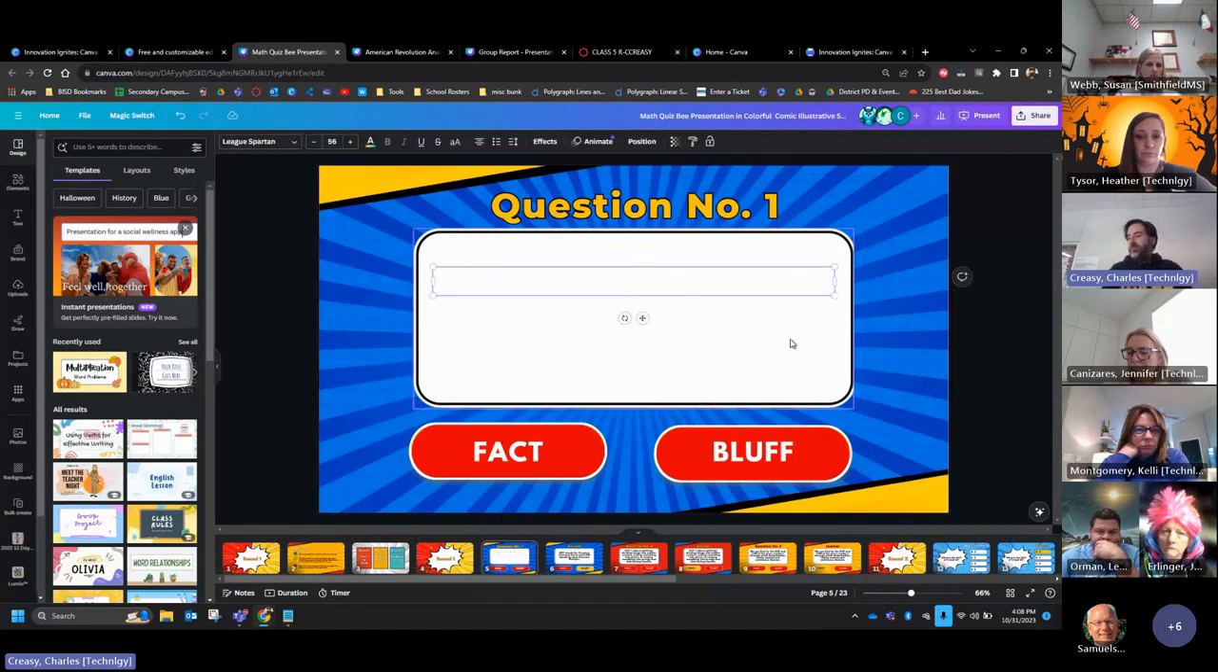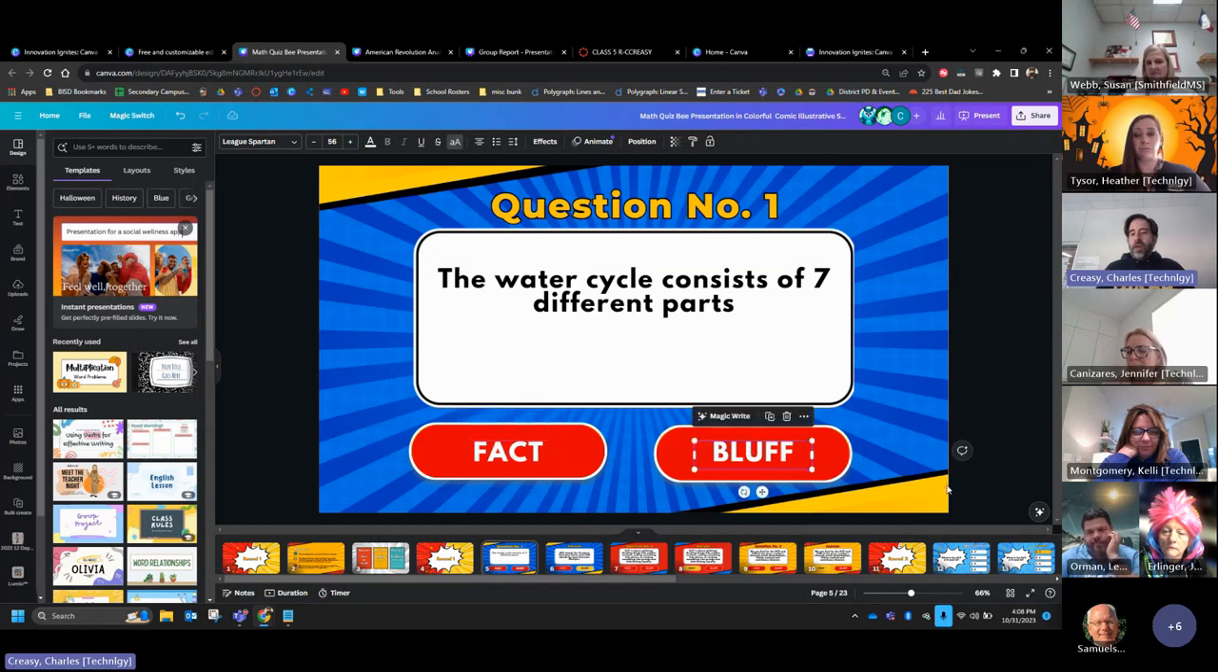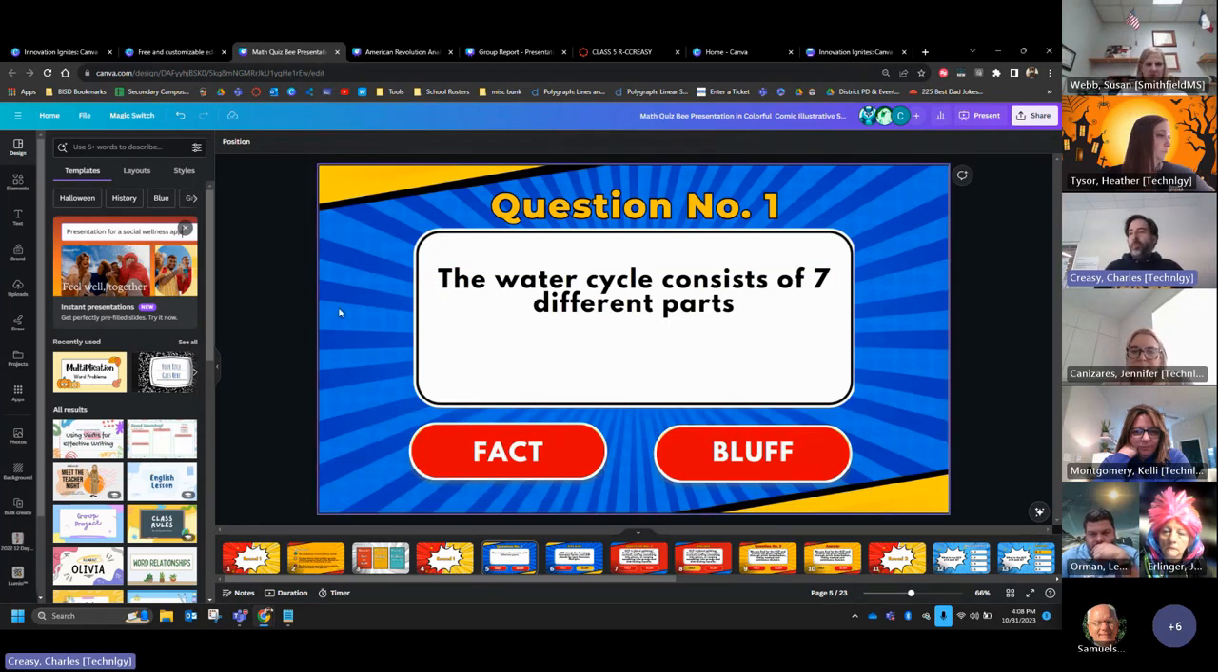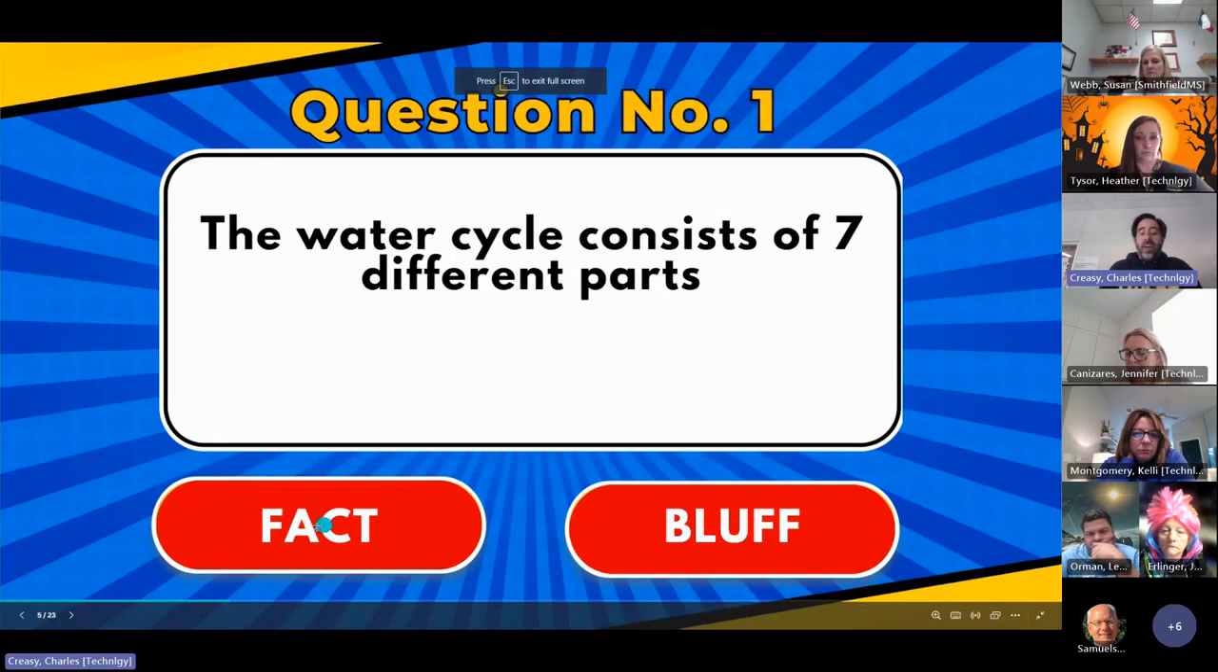I could edit this, and I could say, the water cycle consists of 7 different parts, let's say. Okay, so fact or bluff. And so if we were playing this in class, maybe I'm playing this on the board, maybe the students are playing this in an embedded Canva, in a Canvas page. If they clicked fact, here we'll go to present mode. If they clicked fact,